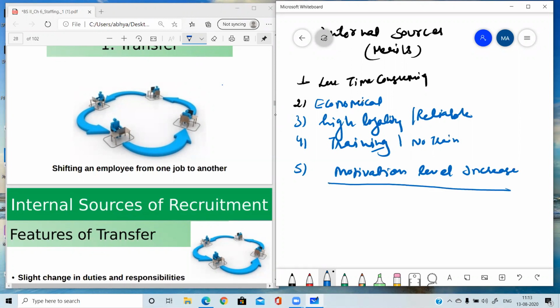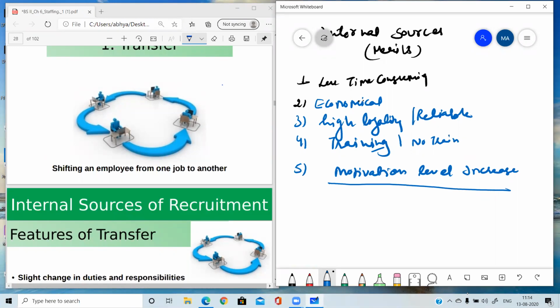Because when the employees know that if they are working hard they may be promoted, in that case each and every employee will try to give their 100% because the motivation in front of them is promotion. Everyone wants high salary, high authority, high responsibilities, high status in the organization. So it will satisfy their egoistic need or status need. In that case, each and every employee will be motivated to work hard, and only the hard working employees will be promoted, not all employees.